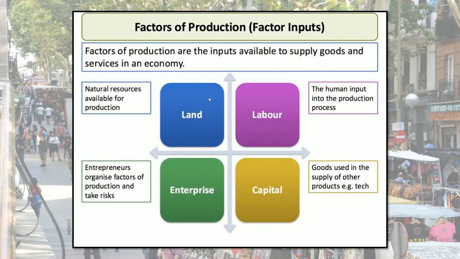And usually the factors of production are divided in the Anglo-Saxon world in four types: land, labor, capital and enterprise. But for us, we are only going to focus on the first three: the land, the labor and the capital. And in your notes and in your book they are named as natural resources, which is this land, which